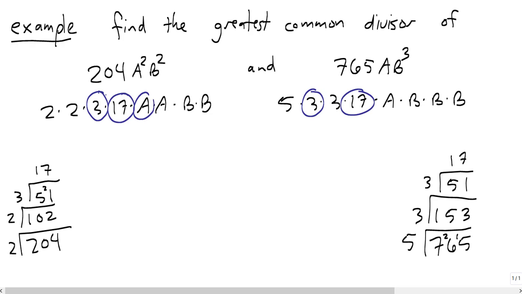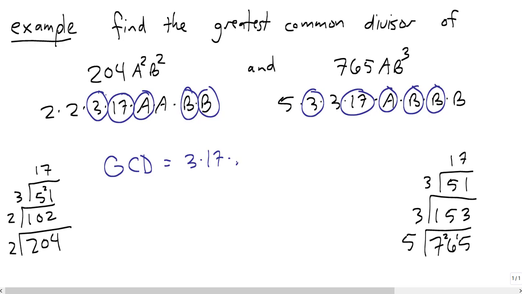And we also have an a in both of them. And we have 2 b's in both of them. But now this one has a 5, a 3, and a b left over. This has a 2 and an a left over. That's it. The greatest common divisor is 3 times 17 times a times b, and we know that 3 times